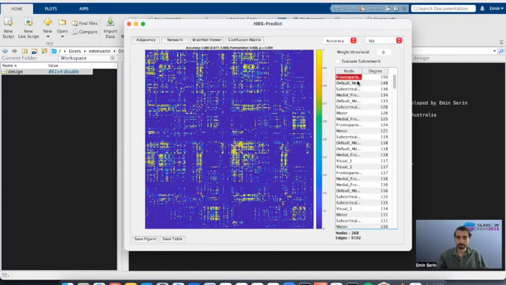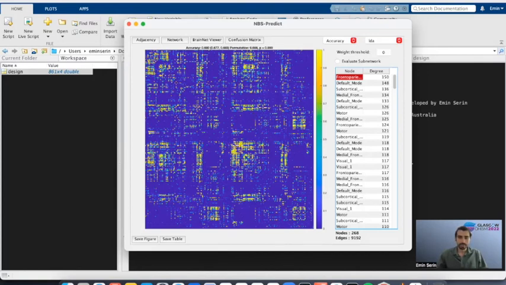For example, there is a brain region from the frontoparietal network, which has a nodal degree of 150. It means that this brain region is a central hub in our outcome network, and therefore it is also important for the sex classification.